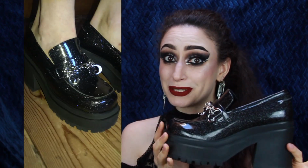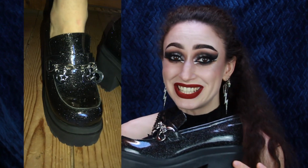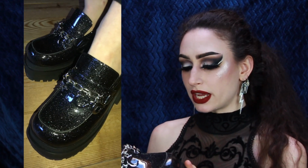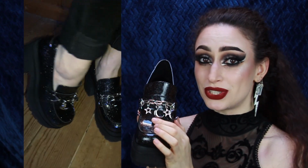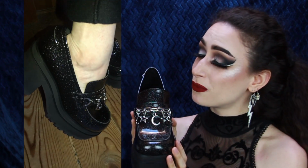Oh my gosh, I did not expect these to be as glittery as they are. I am obsessed with these shoes. They are so gorgeous. They look more gray on the website, but in real life they're definitely more black. Very glittery and sparkly, which I love. And they also have some star and crescent moon charms on the chain in front. That is such a fun detail, and you will always announce yourself when you walk,